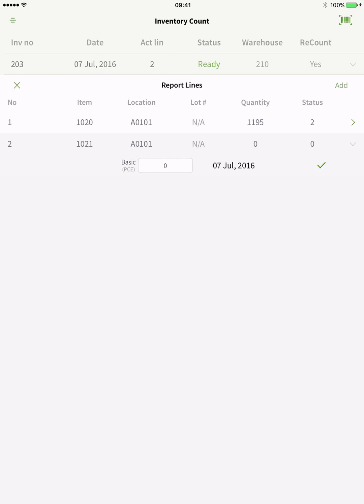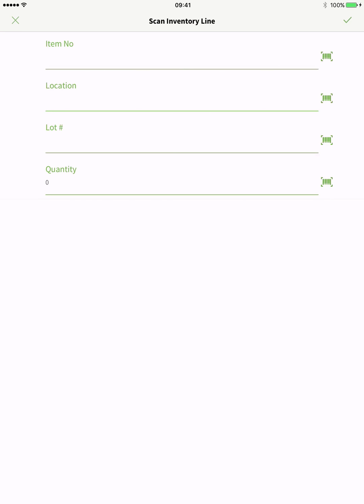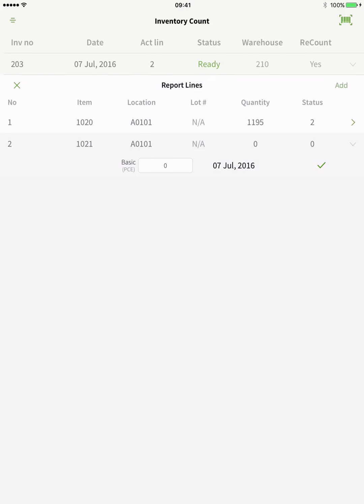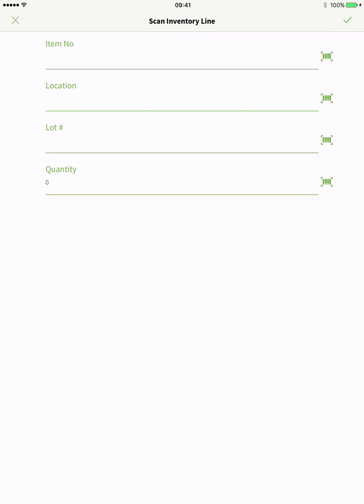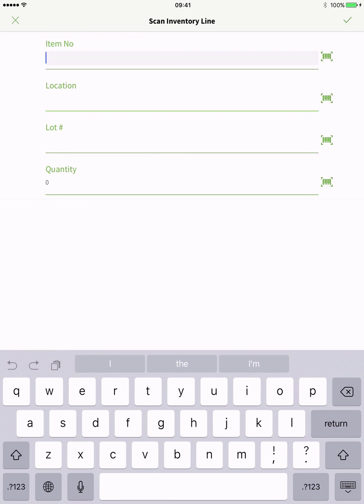Now before we go ahead and report the second line here, I'm going to tap the little barcode icon that you see in the very upper right hand corner, just to show you the alternative way of walking through this count. If I'm not following the list on this screen, but rather I'm just walking around in the section of the warehouse where I know that I should be counting, then I can use this approach, and for each of these values: item number, location, lot number, and quantity,